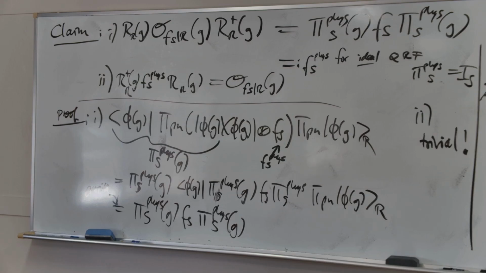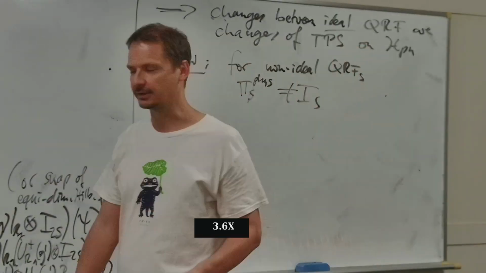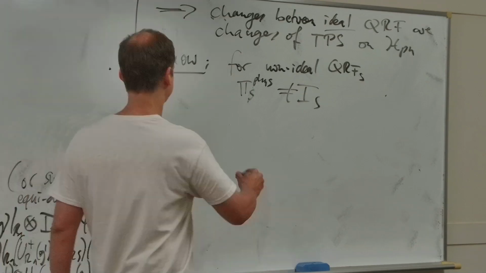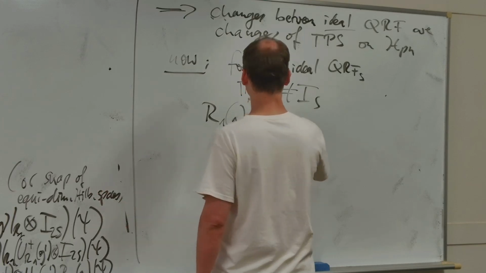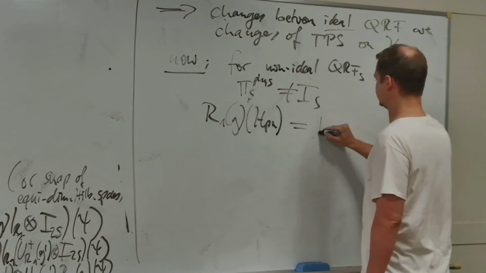For non-ideal QRFs, we have that I as phys is not equal to the identity on S, so it will be a non-trivial projector. It means for non-ideal quantum reference frames, I will map to subspaces of this. Okay? So I'll have that, for instance, R1G, HPN is,